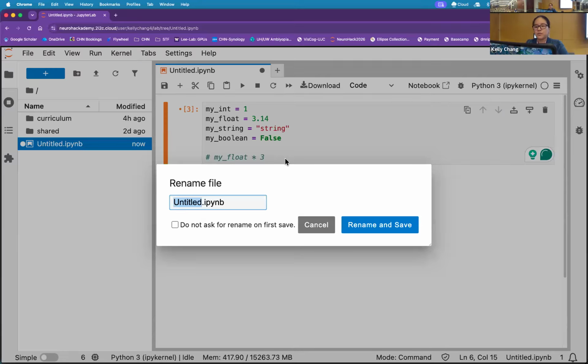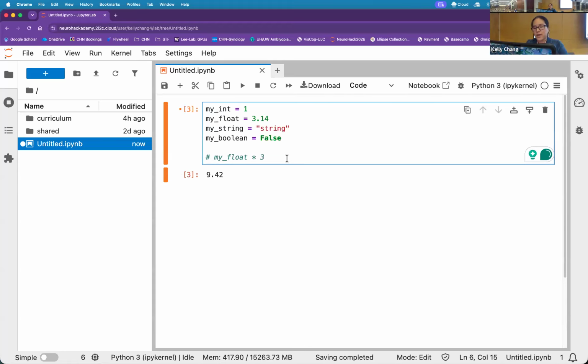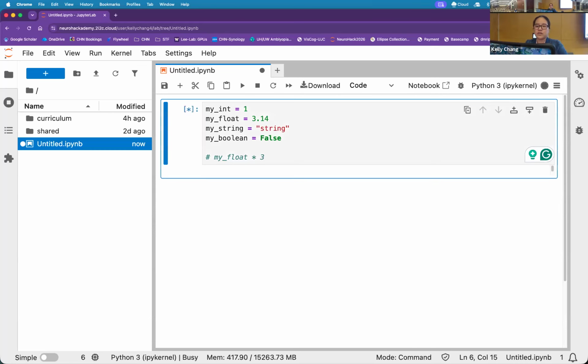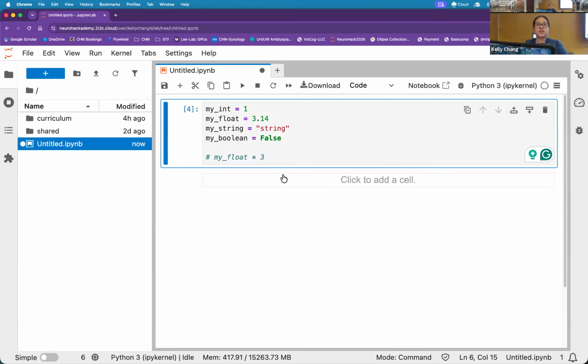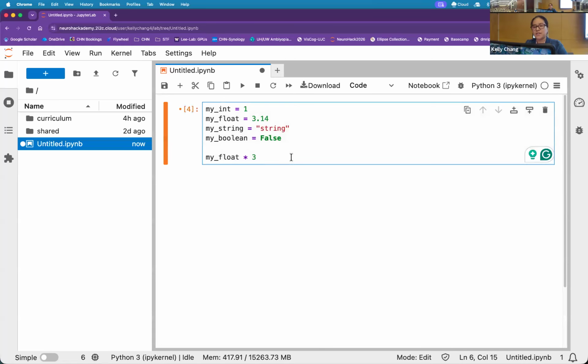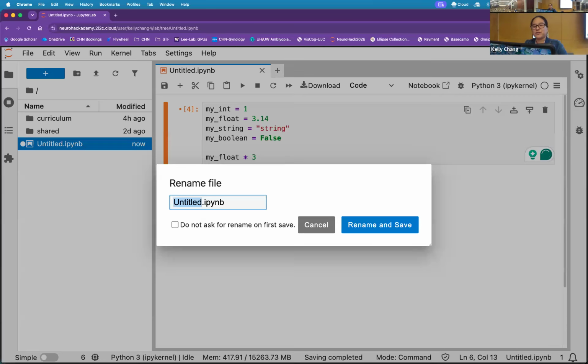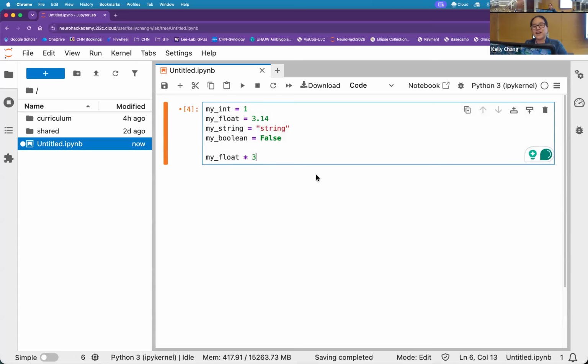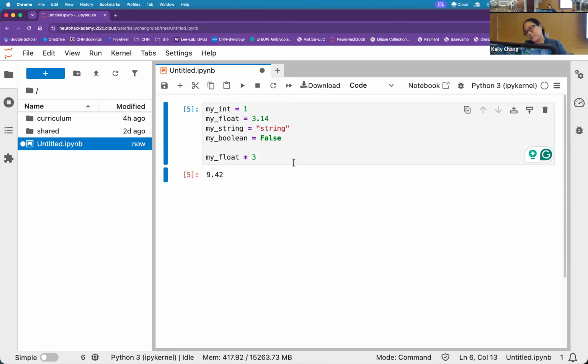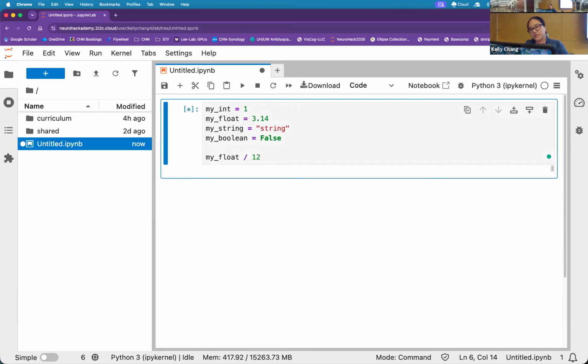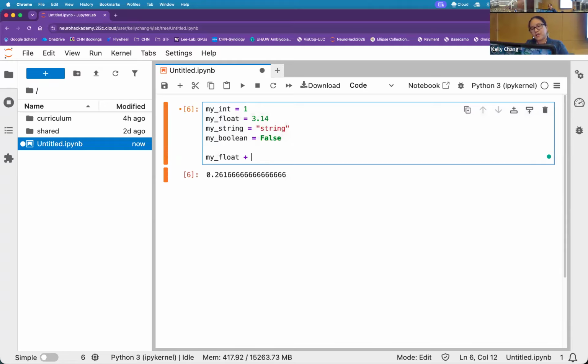If I were to comment, it's also Command / for you guys, Control / as a shortcut. If you have everything assigned as a variable in the cell and you try to run it, nothing will print, just to indicate if I uncomment something or comment something. I also should just save this as untitled because I have a bad habit of trying to save my script every time I run it. So you have your usual calculator instances. You can multiply, you can divide, you can add.